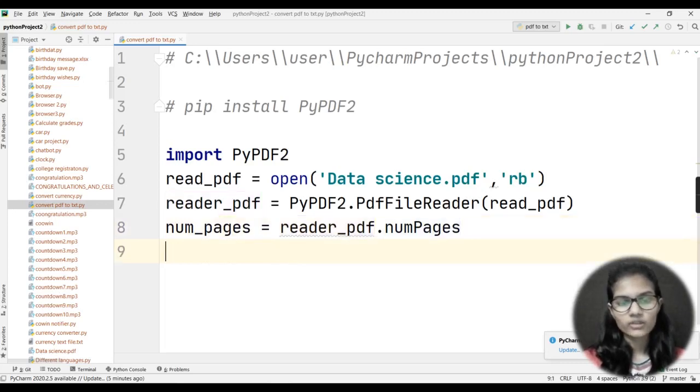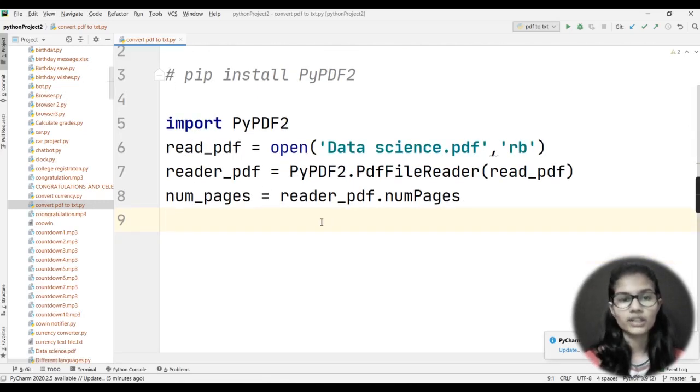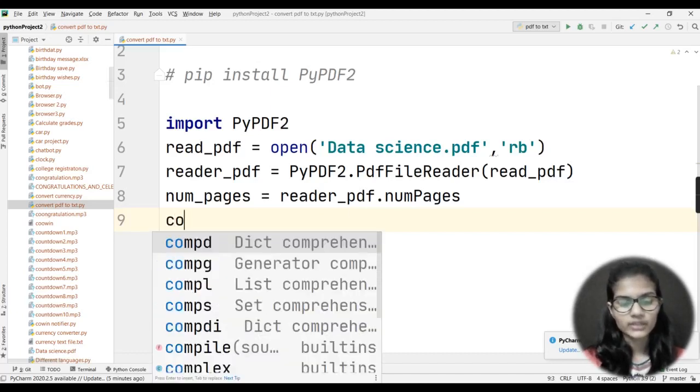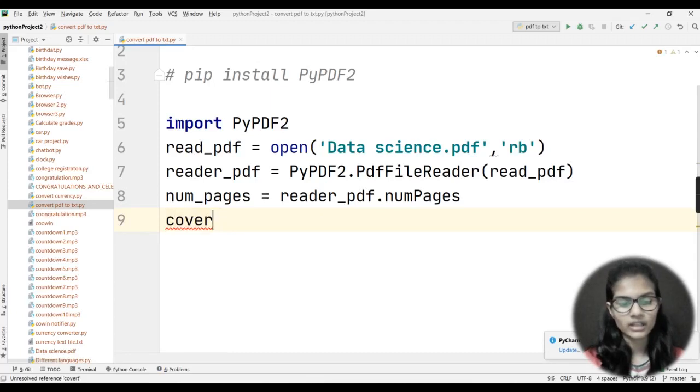Now basically, in the next line I would be writing how many pages I want to be converted into the text file. So num_pages is done, and I will write here convert_pages, like this.